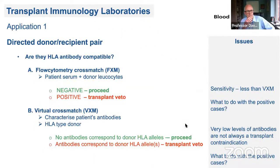Okay. So there can be two approaches to test compatibility. How do we apply all these tests actually in practice? What I'm going to go through now is the five settings of essentially how we use HLA type to support transplantation, the HLA testing to support kidney transplantation. The first is directed donor